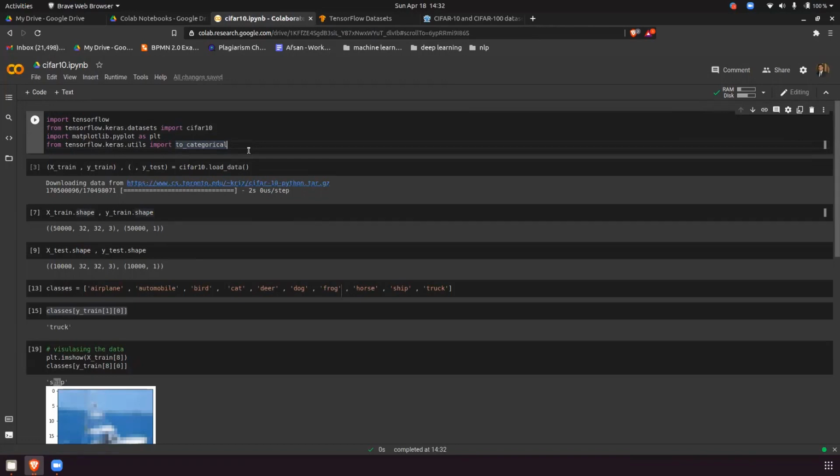Can you repeat the normalizing thing again? Okay, so what is the range of normalization? First tell me. 0 to 1. 0 to 1, right? Yeah. And what is the pixel range? All the pixels will range from 0 to 255, right? Yes. So what is the maximum value? 255. So what should I divide the maximum value with so that it will become 1? 255, right? So it's the same thing I'm doing there.